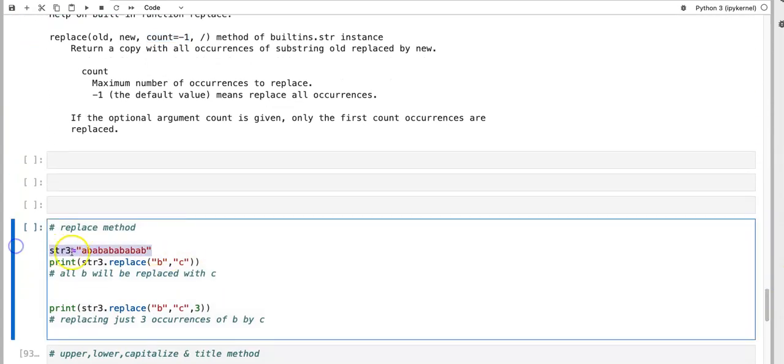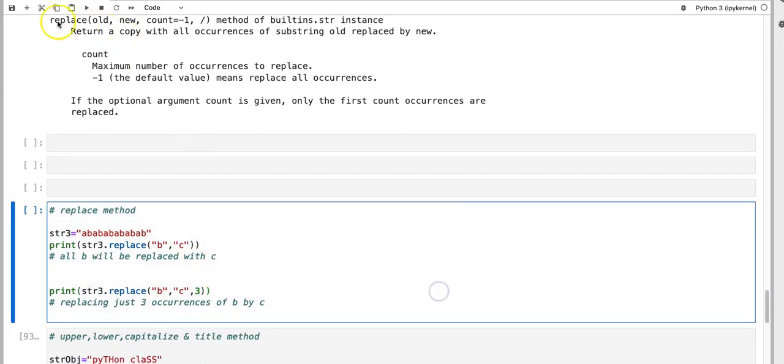Here I have a string in which I have AB written. Now I want to replace B by C. So here I am saying what I want to replace and with what. That means old character, new character. But here I am not telling how many times I want to replace, so it will replace all of the B's with C's. Then I try another option, replace B by C, but only 3 times. If you don't give it, it will replace all of them. So if I run this,